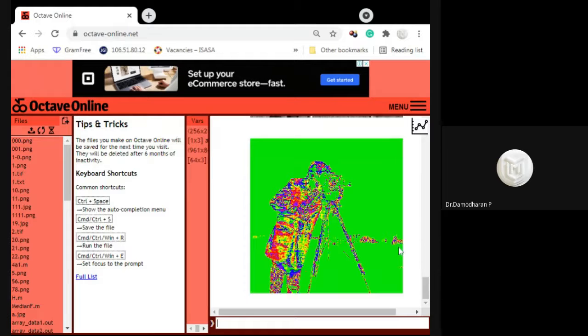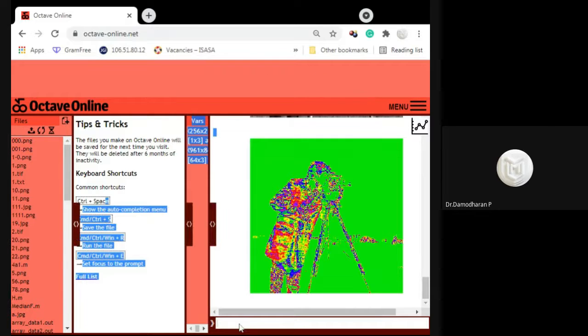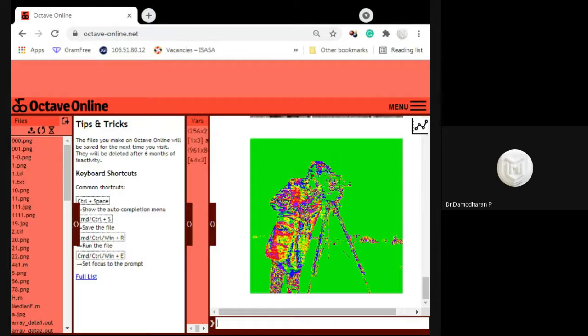So the image approximation means we are going to apply a color in the black and white or grayscale image. We are not able to apply it exactly because we are not using 24-bit colors. We are using only 8 bits to represent a color, so we are not able to get the true color. Okay, this is about the color approximation.